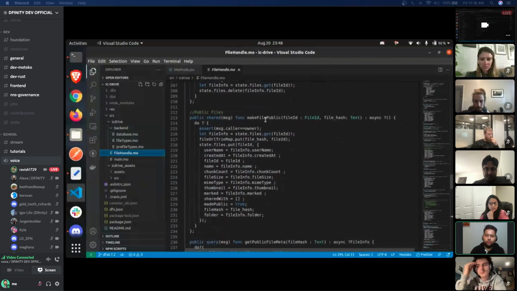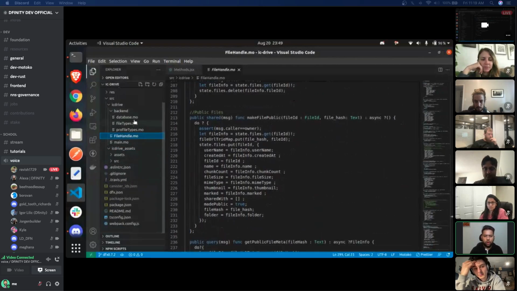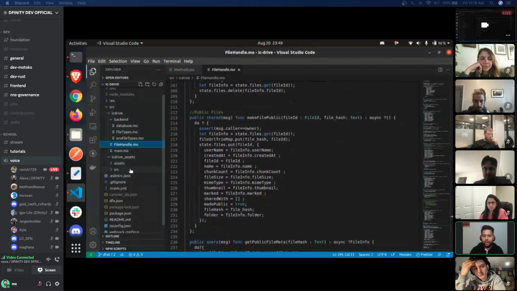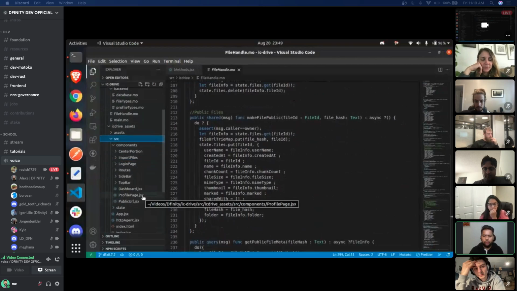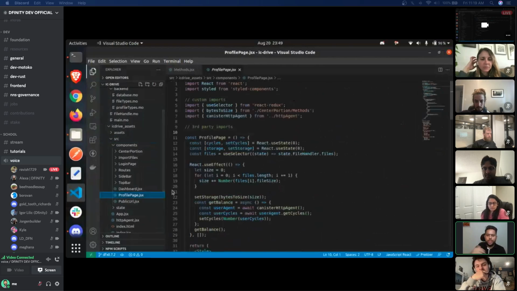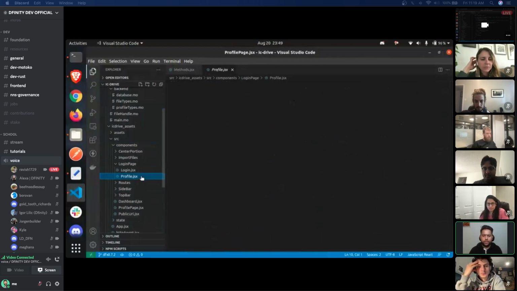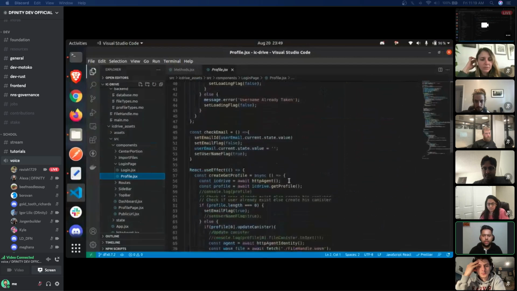I think, Ravish, that wasm file you're referring to is in the profile.jsx. That is used if we update some code on our end, like if we add new functions to the user file canister, then we have to upload that new WASM file, which then, when the user logs in the next time, is used to update its canisters.